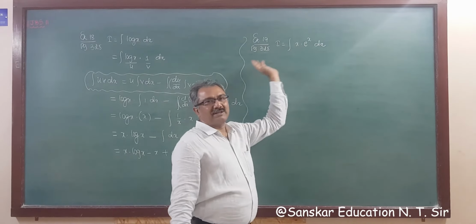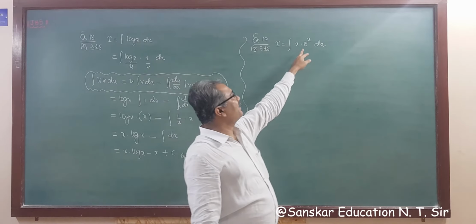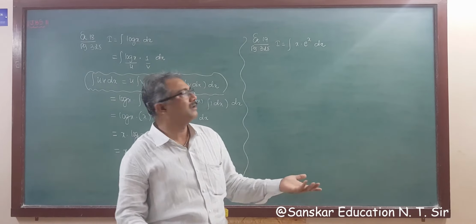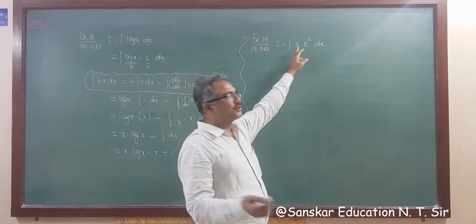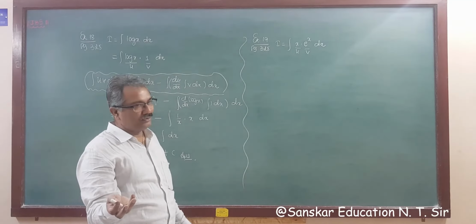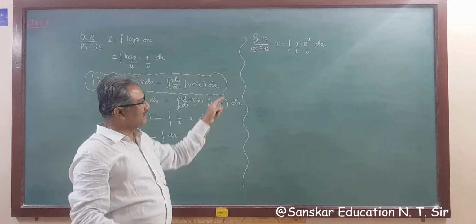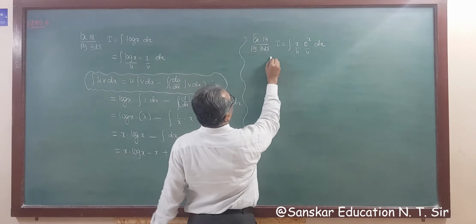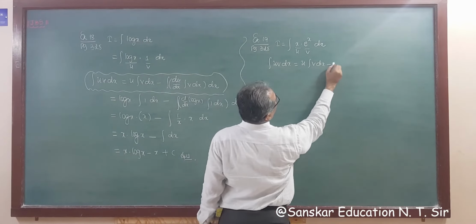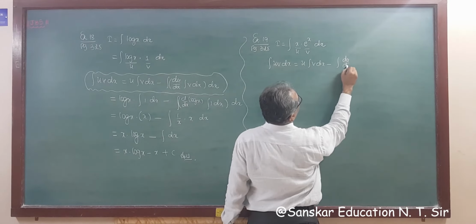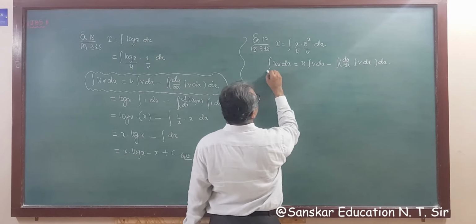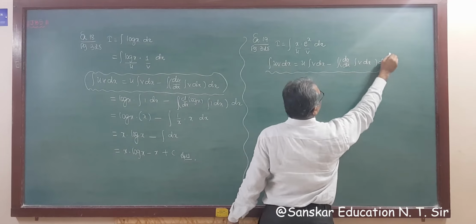Instead of checking all this, what is u, what is v, if you see an exponential function, then you know the exponential function is always last. So with an exponential function, x is your u, and this is v. And if you don't know this, then check log, inverse, algebraic, and so on. So writing this formula: integration of uv dx is equal to u integration v dx minus integration of du by dx times integration v dx, bracket over dx. This is the formula for integration by parts.